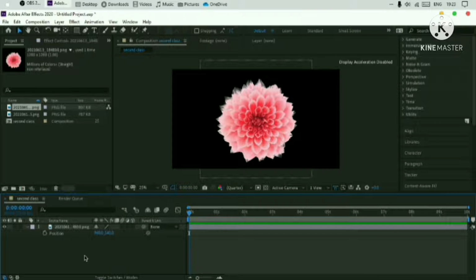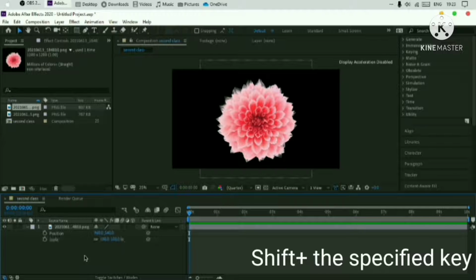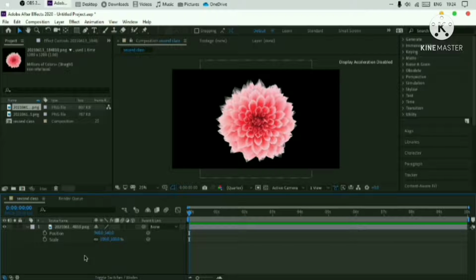And if you want multiple things like the position and the scale, then after pressing P, hold the shift key and then press S to get both the things. If you want another thing like the rotation, then shift and R to get the rotation. So like this you can do that if you are getting confused with so many options.